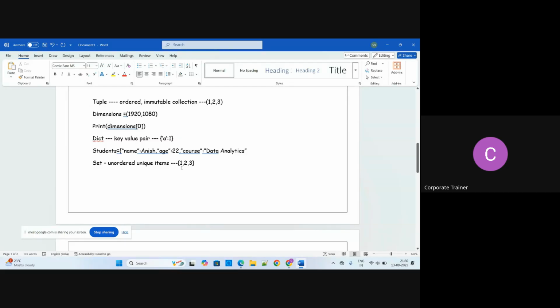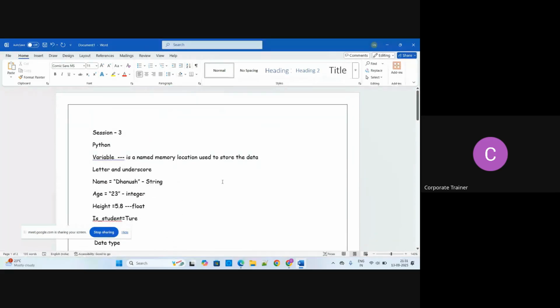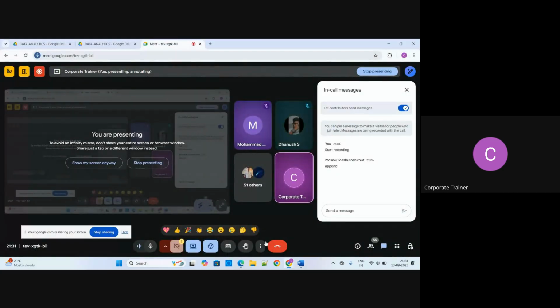Okay, that's the thing regarding the whole Python that is required for data analytics. If you understand the things, just give me a thumbs up so that I can proceed with our next topic that is related to the project and class session. I feel everyone knows this, but you might think, why is sir not discussing it? That's why I simply gave you a little bit of an idea about it.